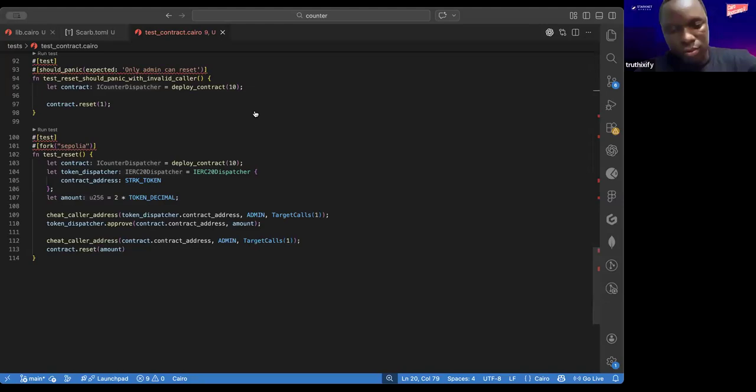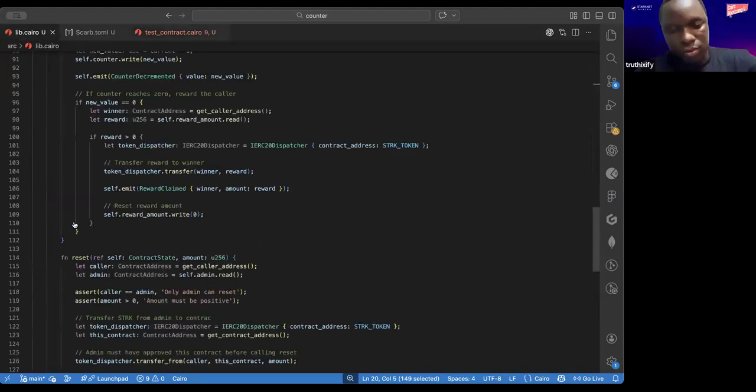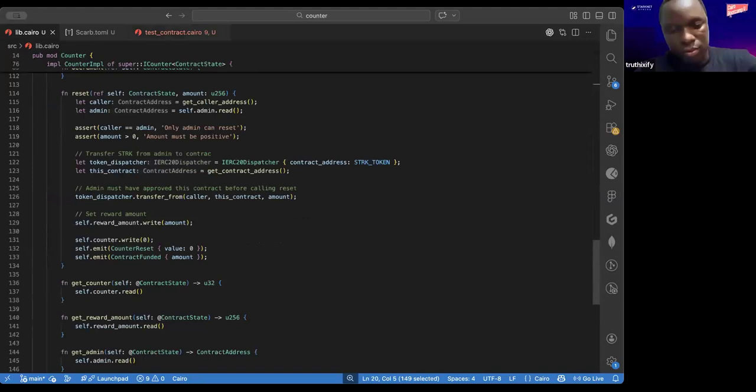Then we are transferring again. We need this. So what do we need to test? We need to test token transfer, right? That's 1. 2, we need to test state changes. And 3, we can test